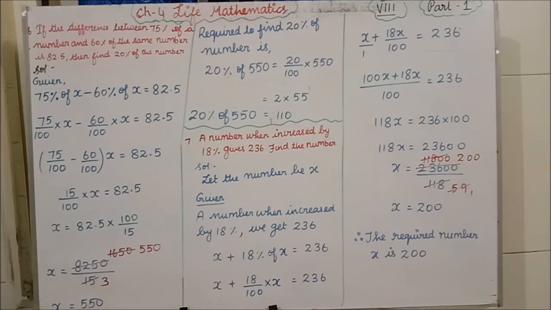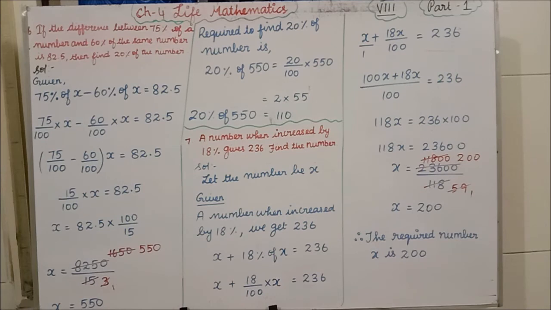8250 by 15. Now we cancel, not in the 3 table, but first in the 5 table. In the 5 table, 15, how many times will it come? It will come 3 times, isn't it? 3 5s are 15. Similarly, in the 5 table, I am cancelling 8250. So 1 5 is 5, remaining 3 goes here, so it becomes 32. 6 5s are 30, again 2 will be here. So 5 5s are 25 and 0 I have written.